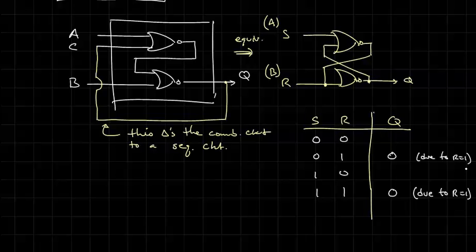Now, let's see, if S is high, let me call this, and this will make sense in a minute, let me call it Q bar. Okay. If S is true, then Q bar is going to be false. All right. Q bar is false. And if Q bar is false,